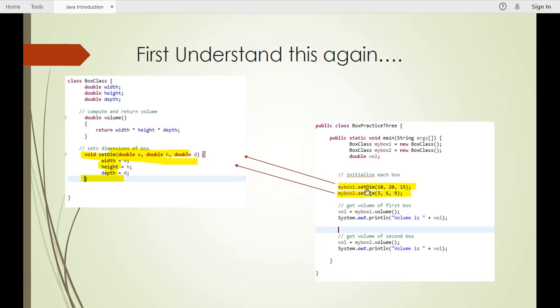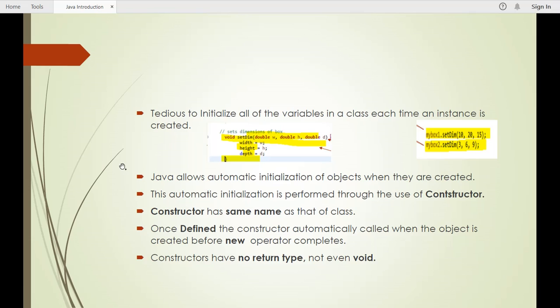Doing these two lines of code every time we create an object is a tedious task. We can avoid this by using constructors. These two lines of code, and this function also, we can avoid by just using constructors.